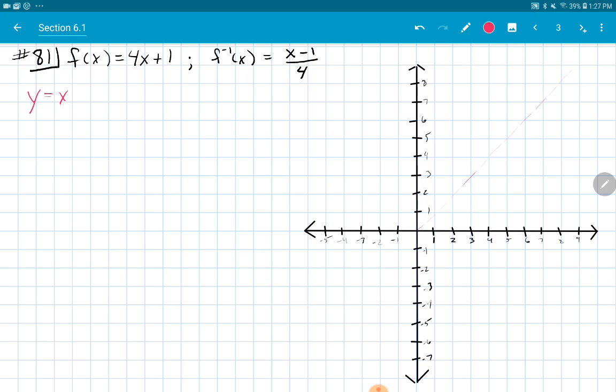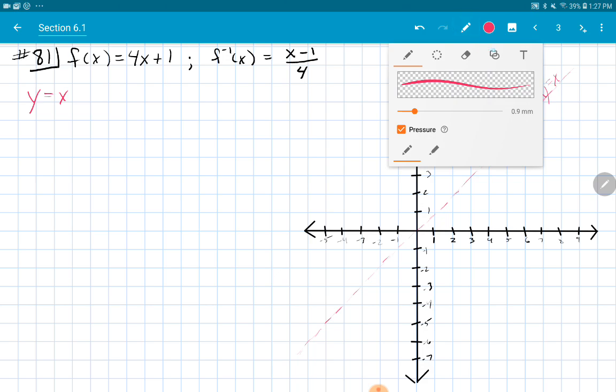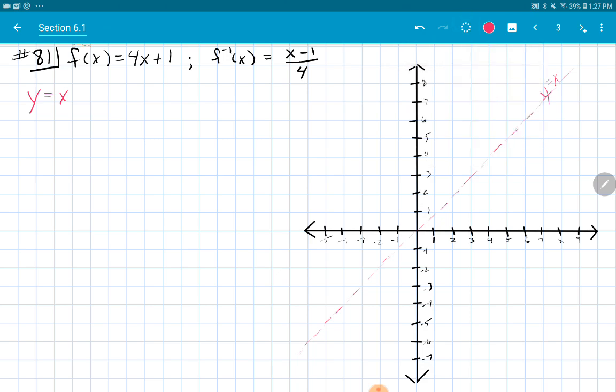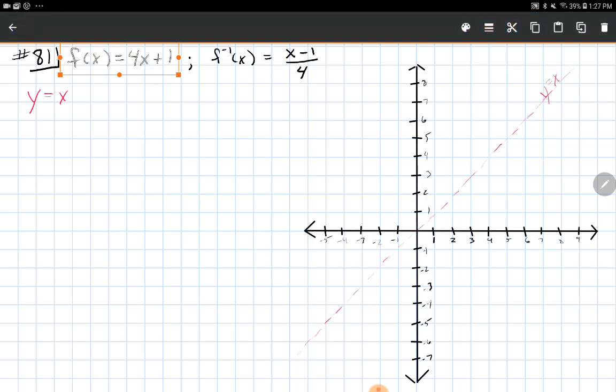My scale here is each grid is exactly 1 unit, so I'm going right through the diagonals of the grid to get my y equals x line. Probably a little bit lighter than I actually wanted it to be, but it's okay. Okay, and then let's do some different colors here. Let's do f of x in